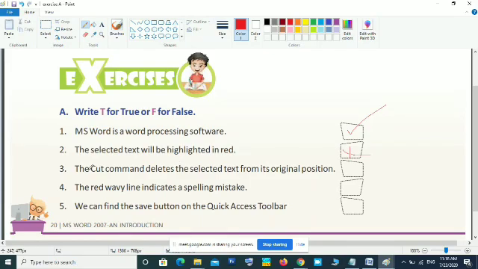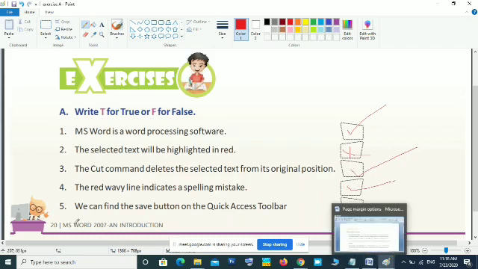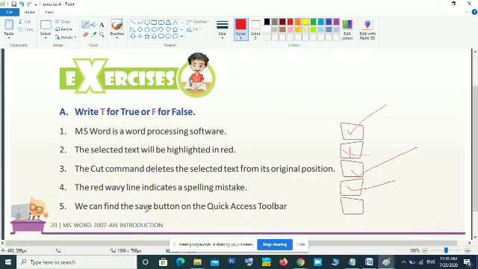Then the third one, the cut command deletes the selected text from its original position. Yes, cut will remove it from the original position. The next one, the red wavy line indicates a spelling mistake. Yes.